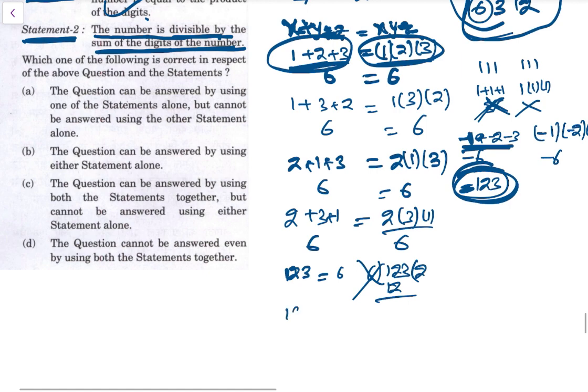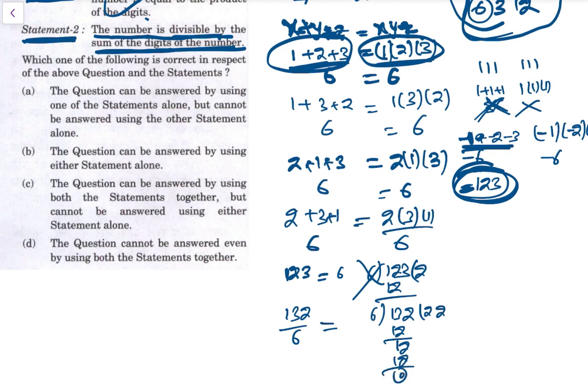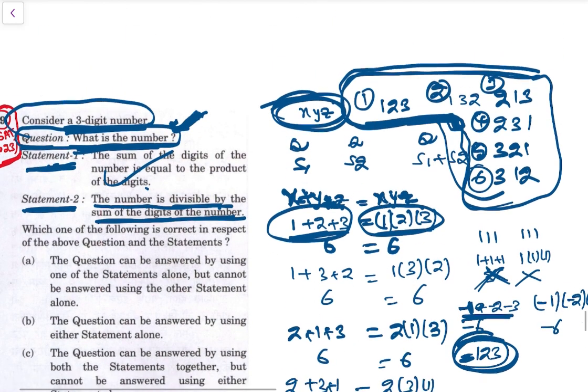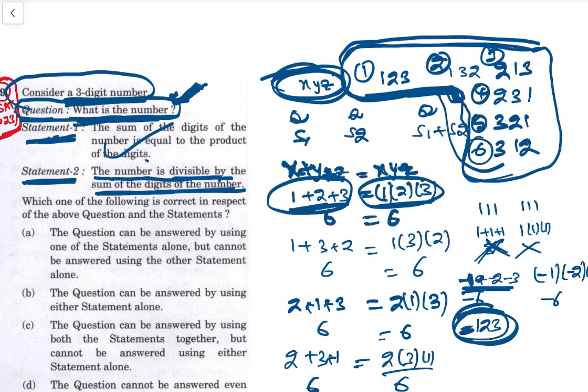132. 132 divided by 6, 6 2s are 12 and 1 2, 6 2s are 12, so it is divisible, remainder 0 is coming. So one such number is 132. Then let's take 213. Is 213 divisible by 6? 6 3s are 18, 3 3 33, this is not divisible. Then 231